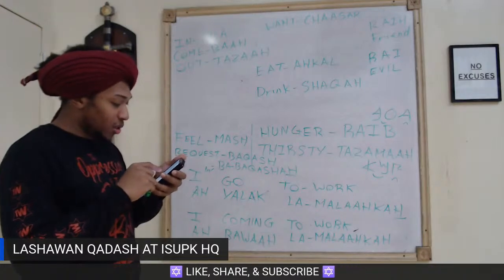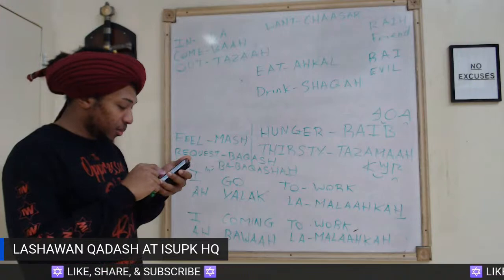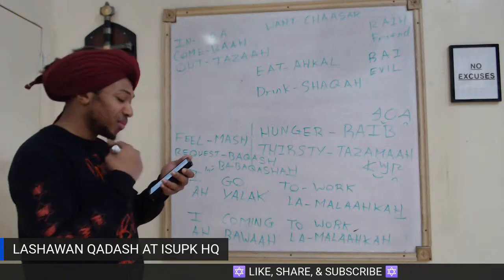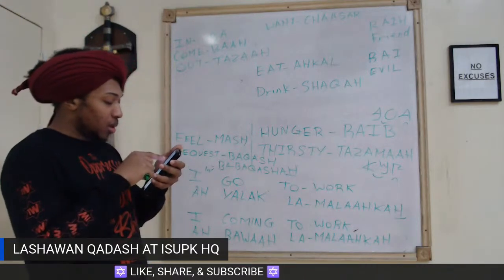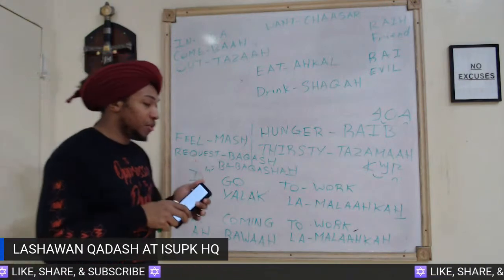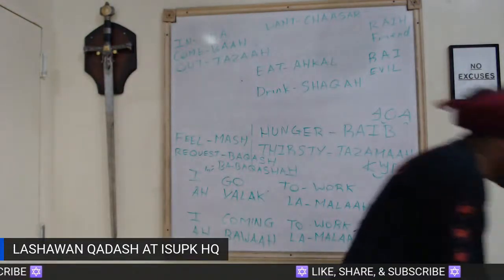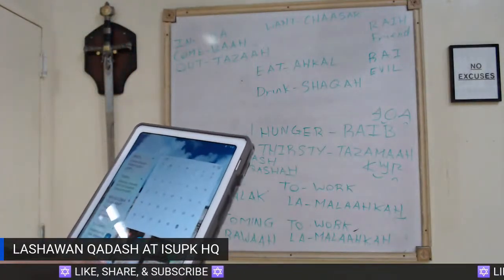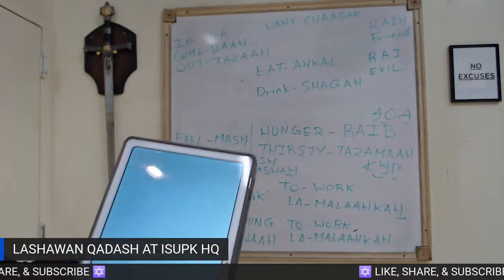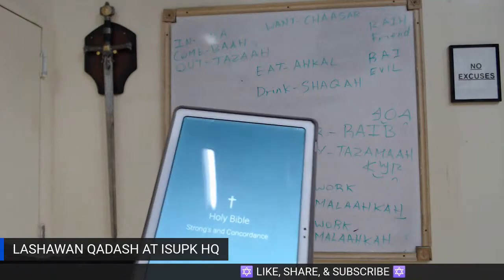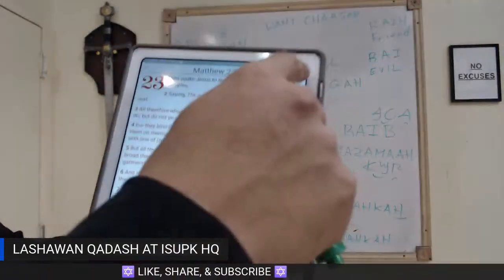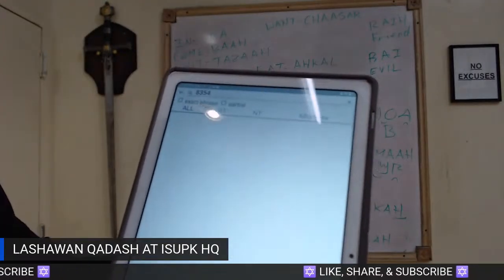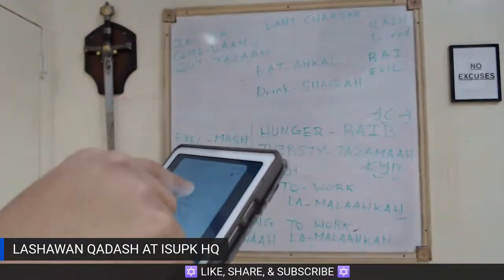Okay, Shatha is drink too. But hold on. Shatha, so 8354. So go online. Get used to doing that too. Right? We go to our Bible app. You get a concordance code. You get the Holy Bible and Strong's Concordance, and you punch in 8354. I'm not sure if you can see online. Let me make the screen a little brighter.